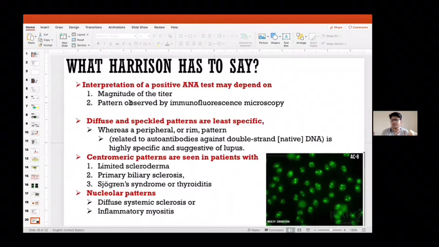If you get that kind of pattern, I need a very simple answer. It is nuclear, it's cytoplasmic, or it's mitotic. If it's nuclear, either it's homogeneous, fine speckle, coarse speckle, or whether it is nucleolar or not. If I get very simple answers like this, I'm very happy.